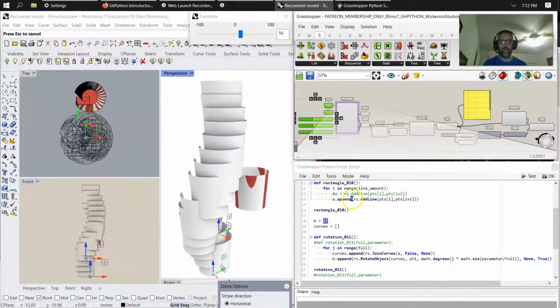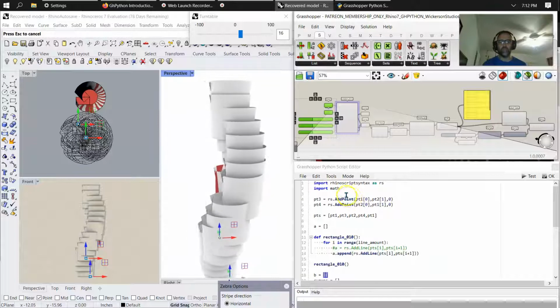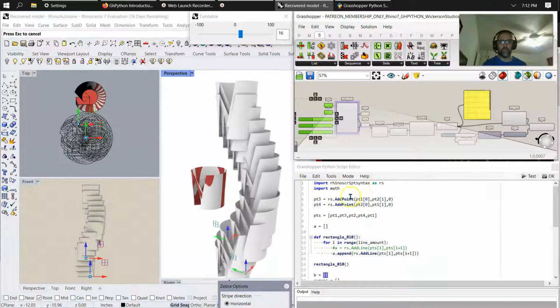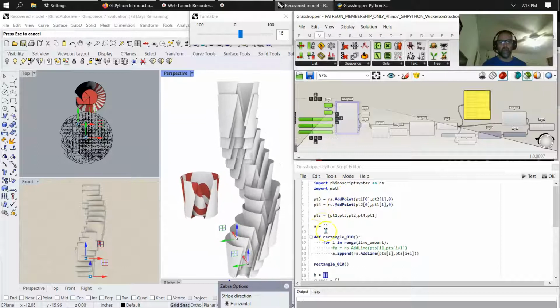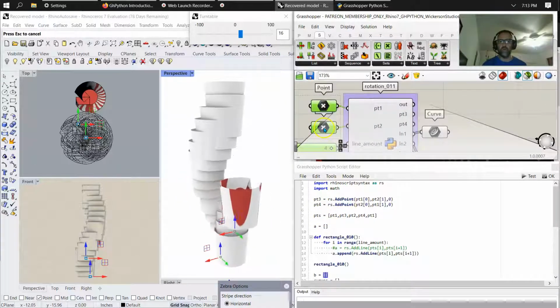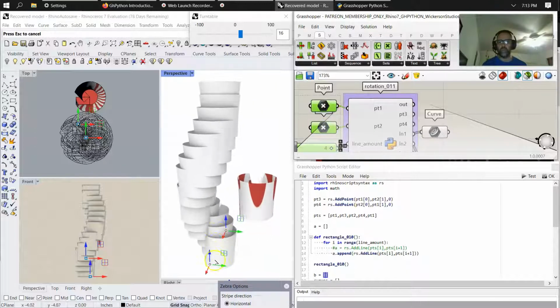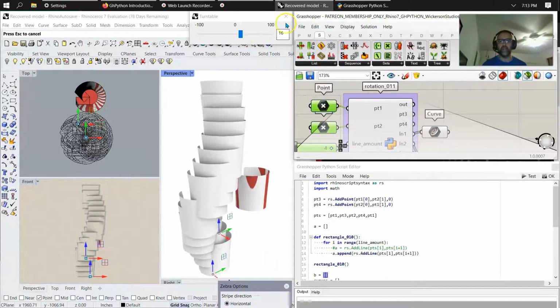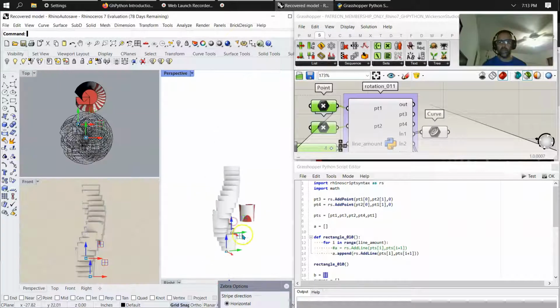But what I did was I ran that into the rotation, which she did as well. So you basically have to import Rhino script syntax, Rhino math, import math. You do have 2 points to start with, which are interesting. One thing I've done on these points is I've staggered them, and the reason I've done that, I'll just turn this off for a second and get rid of all this